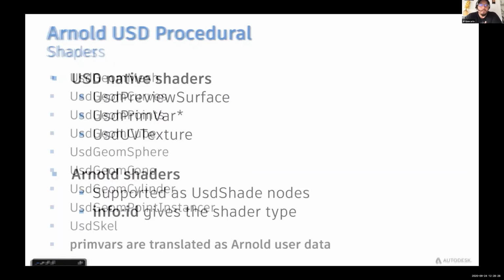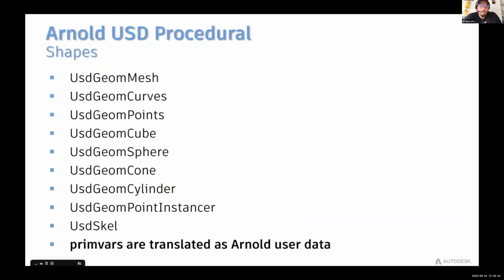On the shapes, we have compatibility with all of them. So we have the geomesh, curve, point, cube, sphere, cone, cylinder, etc., etc. But the primvars are translated as Arnold user data. So that's in order to make it a clean transition from the USD to Arnold and being able to work